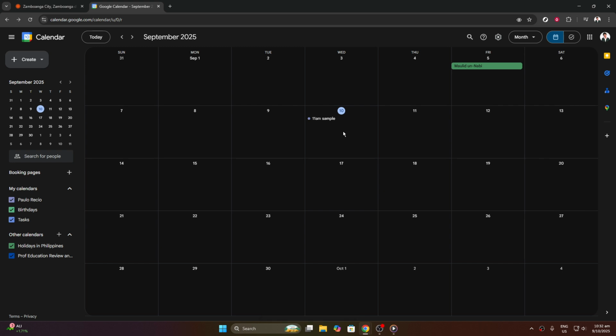Finally, after all these customizations, don't forget the crucial last step. Click Save. This ensures all your efforts are stored, making your calendar both informative